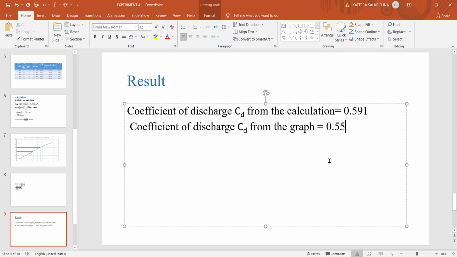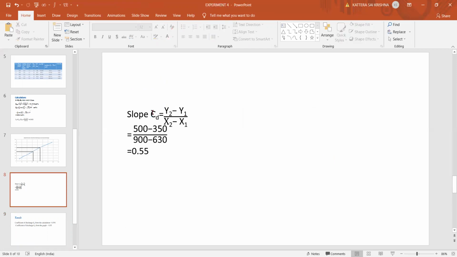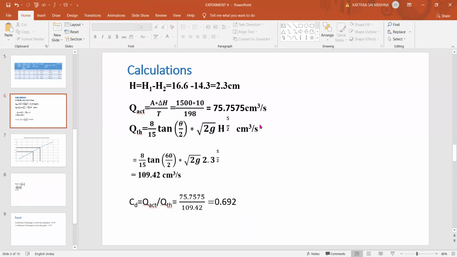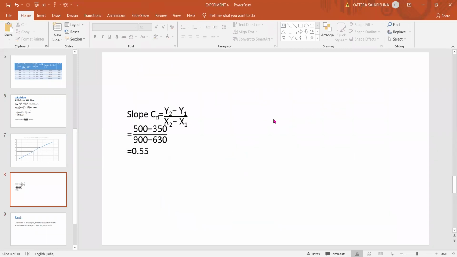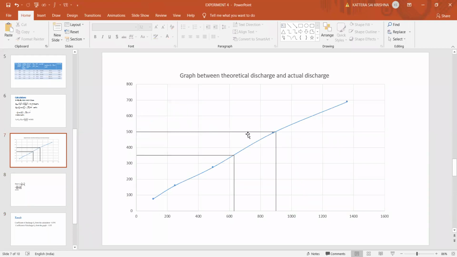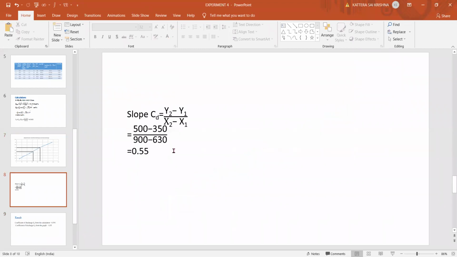In the previous 3 experiments we have done, we used the same concept. Remember this concept, and you can draw the graph there also. We have only 1 more minute for this session to expire. If you want, you can copy this sample. Roughly, you can draw the graph like this, which I have drawn here. Then write down the slope: CD is the formula y2 minus y1 by x2 minus x1.